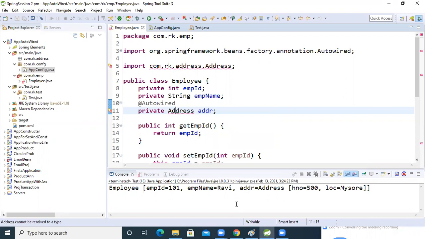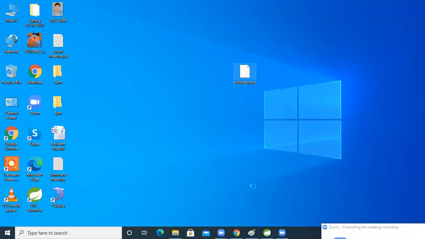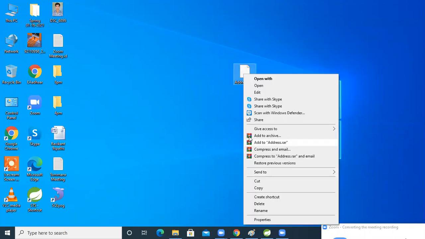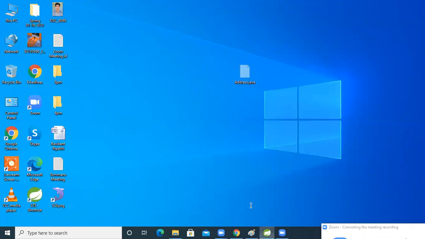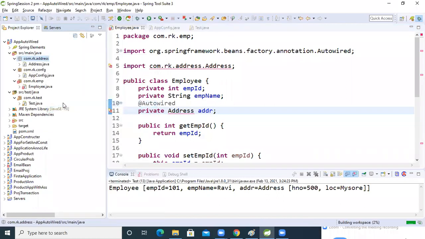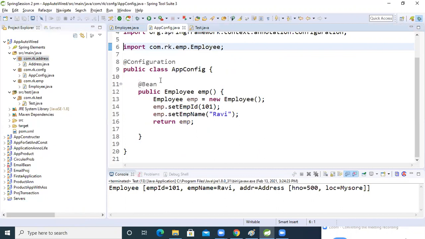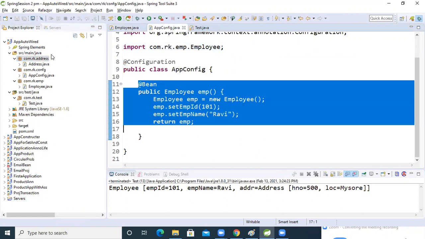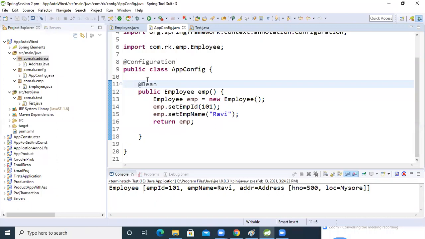If the class is not there, we will get an error directly. So do one thing, come here and paste this inside this one. But what we are doing is not configuring that address class inside a bean. If we do not configure it, our IOC container will not create that object, and if it does not create that object, then that object is useless.